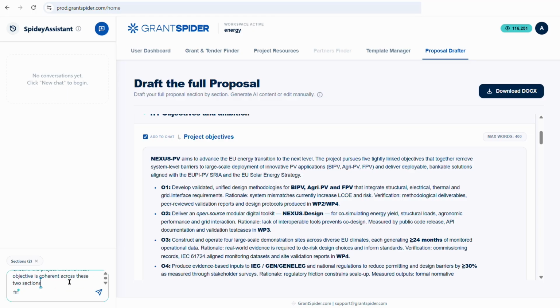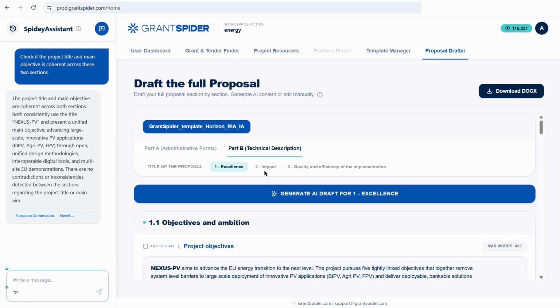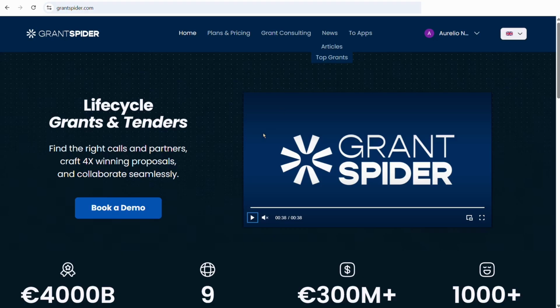Once the user is satisfied, or to make a copy of the current version, the proposal can be downloaded as a Word document and submitted to the official grant portal. Easier grant scouting and accelerated proposal writing allow research and innovation teams to submit more applications in less time, ultimately securing more funding for their